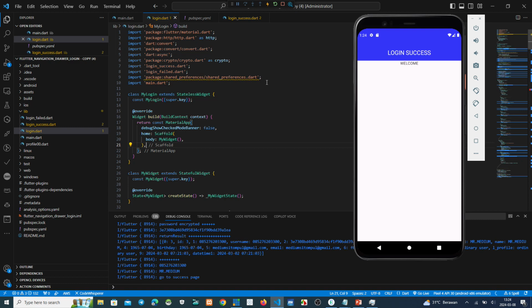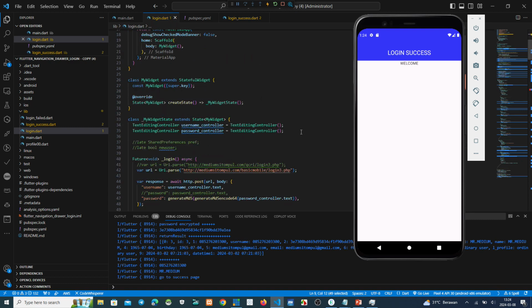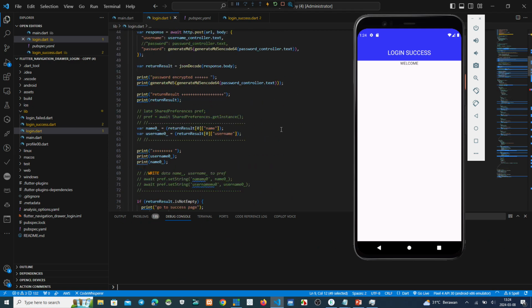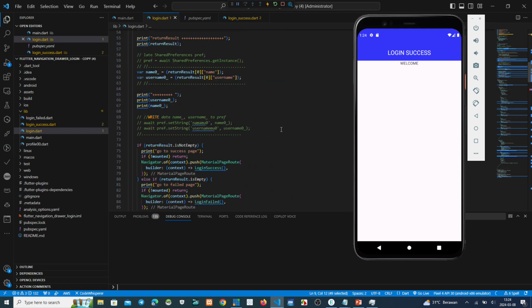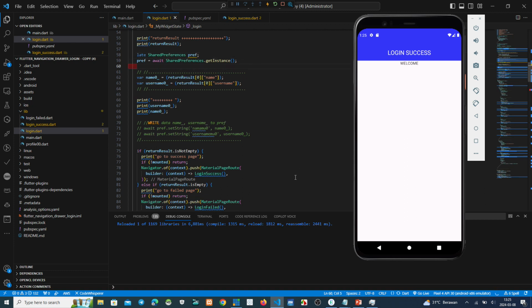Now we have copied this shared preference. Okay, next we can continue how to make shared preference. The first one, we make a declaration about shared preference. This one, see on the screen. I removed the remark here. Okay, let shared preference equals SharedPreferences dot getInstance. Okay, after that you write the data here.